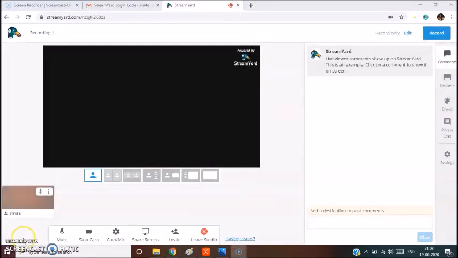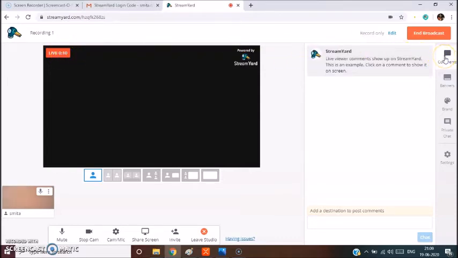So this is the studio where you have the option to mute or unmute yourself, to start or stop the camera, and the setting of camera and mic. There is also provision to share the screen. You can also invite the participants. Do remember that a maximum of 6 participants can be invited. On the right corner, you can see the facility of record. So click on record. Your recording is started. So you can see the recording is started now.